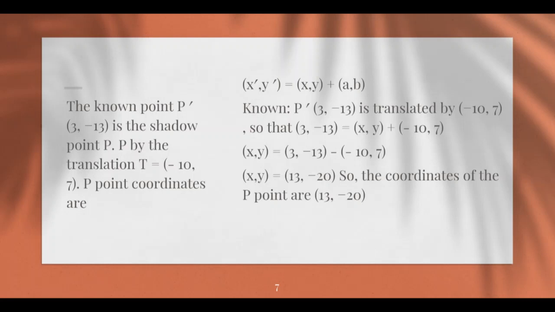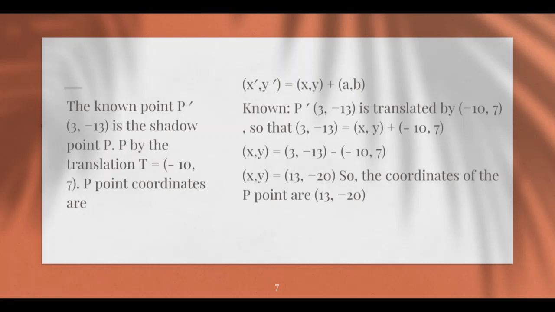The known P' (3, -13) is translated by (-10, 7), so that (3, -13) = (x, y) + (-10, 7)